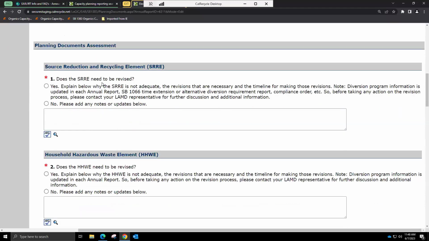Planning documents assessment. This is where the fun starts. The first one is for resource reduction recycling element. 99.9% of you are going to need to click no on this. You do not need to revise your SHRI very often, if at all. You are updating your SHRI annually by submitting this report, and we'll show where those programs are located on the next page. Throughout each of the previous tabs of the annual report, any point there was a thing that mentions a program name, and you check the box,